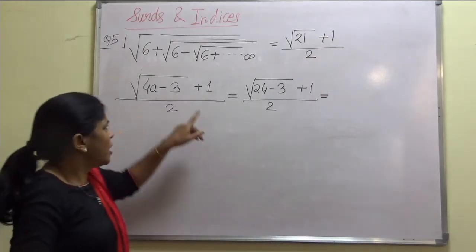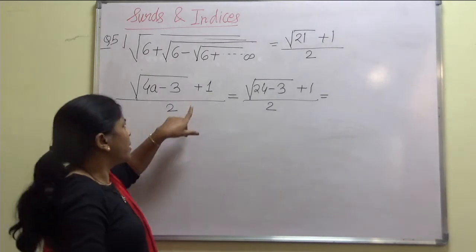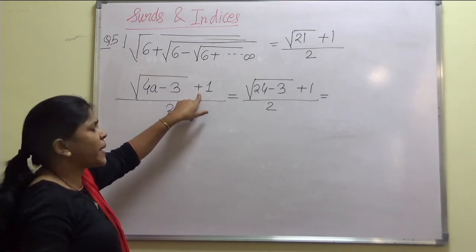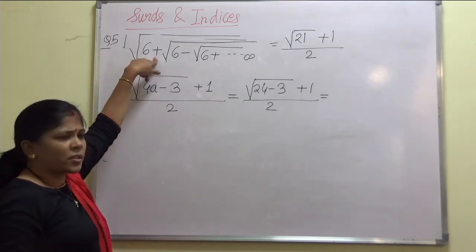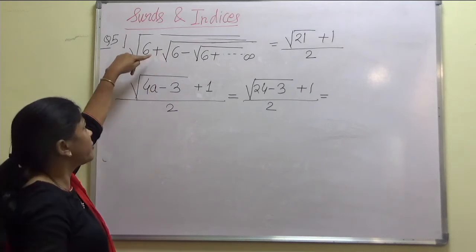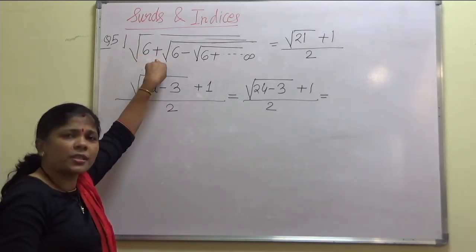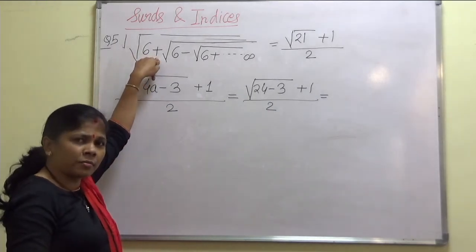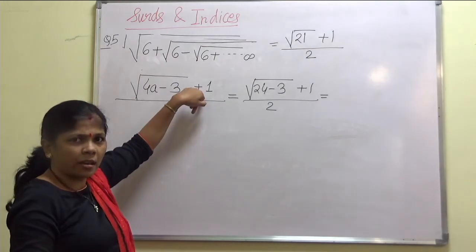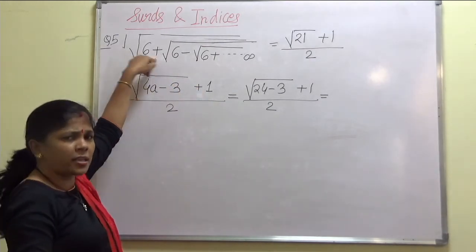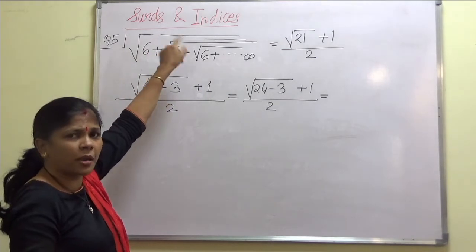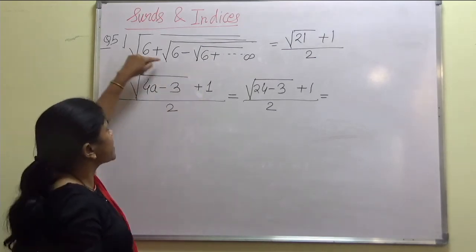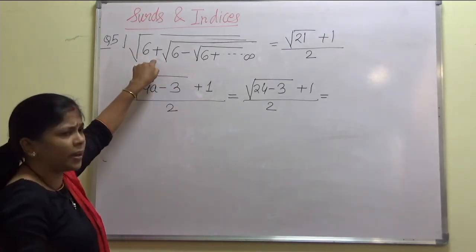Right. Now here you might be wondering why I have written plus 1 over here, right? Why not minus or something else, right? So this plus sign depends on the first sign which appears over here, right? So what is the first sign which appears over here out of addition and subtraction? That is addition. So if we have a plus sign as the first term sign, then we will write plus sign, right? And if suppose it starts with minus, that is under root of 6 minus under root of 6 then plus, like this, in that case we will write the minus sign, right? So this sign depends on the first term, right?